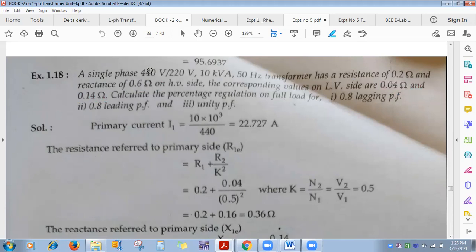So all of you can see primary side voltage is more. That's why its resistance and reactance is more compared to secondary side resistance and reactance. And both resistances are less because copper is used. So what is expected there? Resistance also should be less and reactance also should be less. Then losses will be less and efficiency will be more. Okay. So all of you can see resistances on both the sides are very less. So you have been asked to calculate the percentage voltage regulation on full load for 0.8 lagging power factor, 0.8 leading power factor and unity power factor.